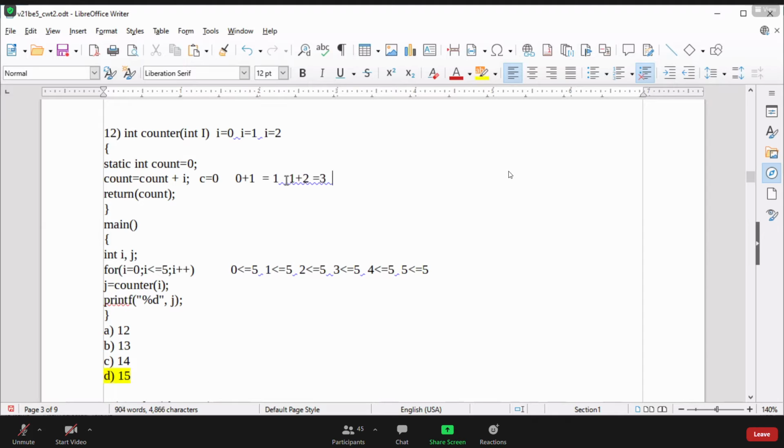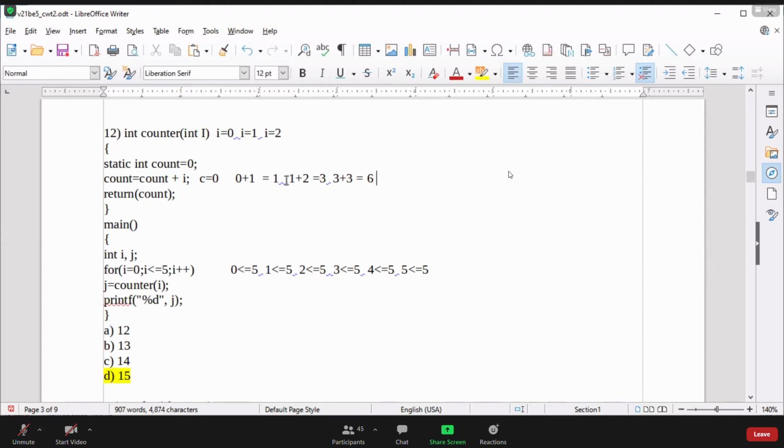Now next time what will happen? 3 plus 3. I hope you are able to understand the flow of this program. That is very important. Its working process is very important. How the for loop is going to rotate in each and every iteration is not a task to understand now. I'm not explaining each and every iteration. Just consider that the loop is going to rotate 6 times.